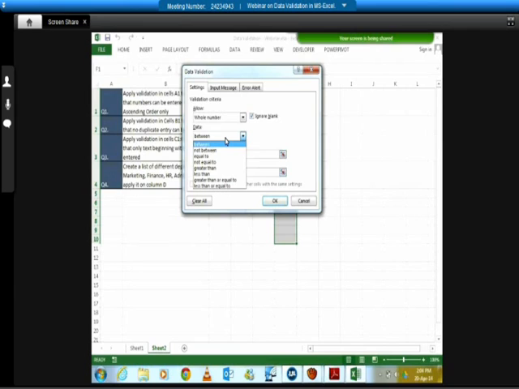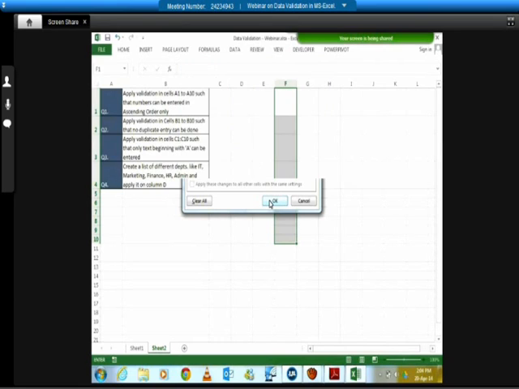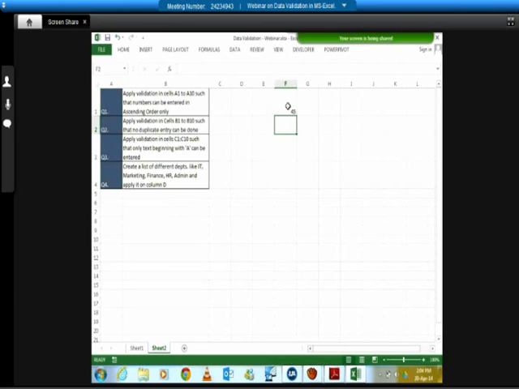So let's say the criteria that I wanted to apply on the cells F1 to F10 was that I should be able to enter only a number which is between 1 to 100. So I am going to go for the criteria of between. Since I'm picking between, I'll have to give the minimum and maximum. Minimum is 1 and let's say maximum is 100, and we press OK. So now when I enter the data, let's say I enter 45, which is within my criteria, then I enter 78, within the criteria. How about 102?